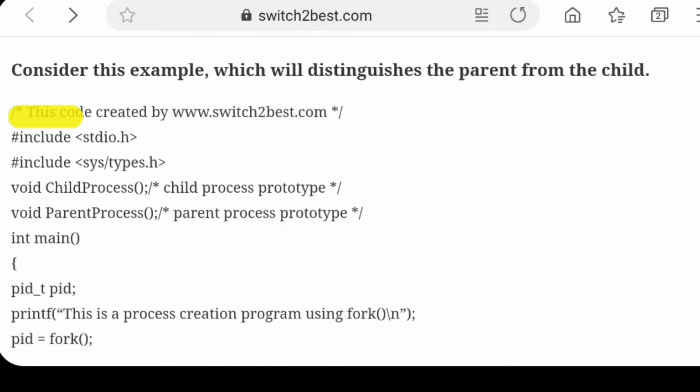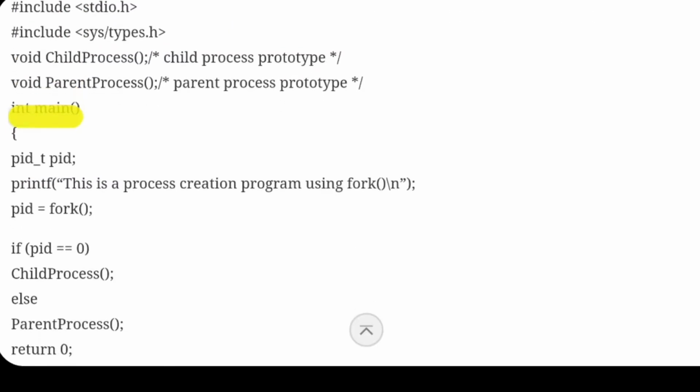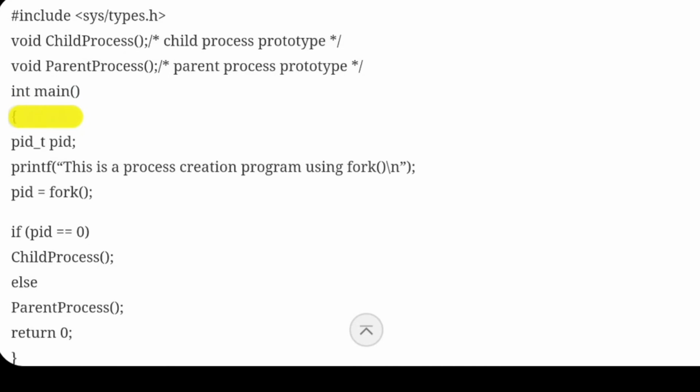Now let's consider the example. This is a C program. There are two header files I have used, stdio.h and sys/types.h. Why is types.h required? Because of this variable declaration. This variable type is declared under this header file. Under the main function, we have declared a variable here.